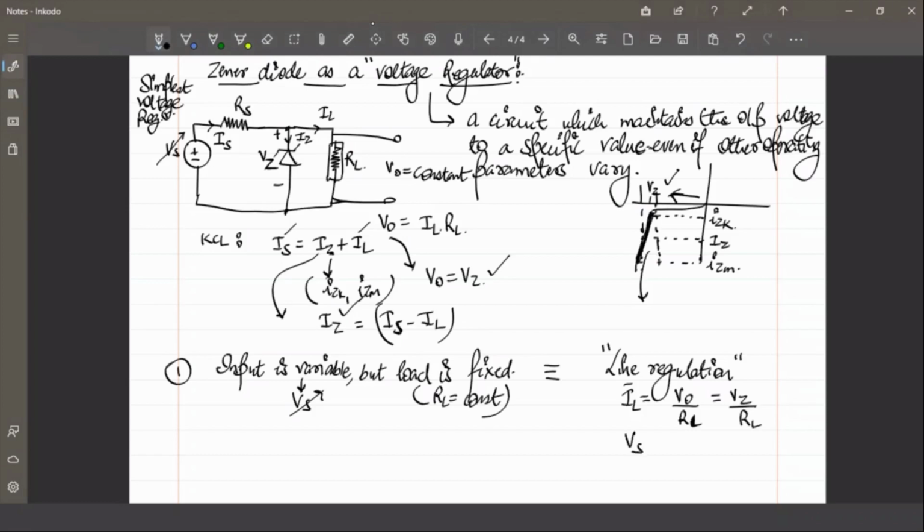In that particular case, Vs has to be contained within a particular range, and that is a minimum value of Vs and maximum value of Vs. That means the source voltage will have a limitation. Even if this input is variable, as we said, it will still have some minimum and maximum value within which this source voltage has to stay. Otherwise the voltage regulation will not take place. That means if the source voltage is less than the Vs minimum value, the device will not be working as a regulator.